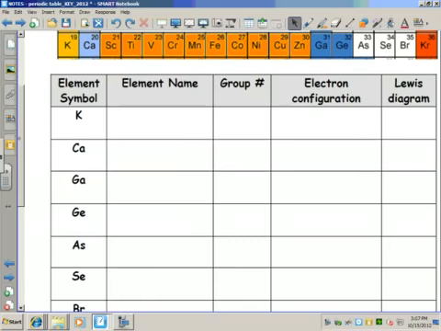What we want to do is sort of solidify the idea that the periodicity, the periodic nature, is based on increasing atomic number, and that the similar behaviors of the elements within a group is based on bonding and the number of valence electrons. So as we consider this period 4 with potassium, from left to right, the element name for K, as we said, is potassium. The group number, it's group number 1. The electron configuration would be, and these are all things you can find on your periodic table, in your reference tables,